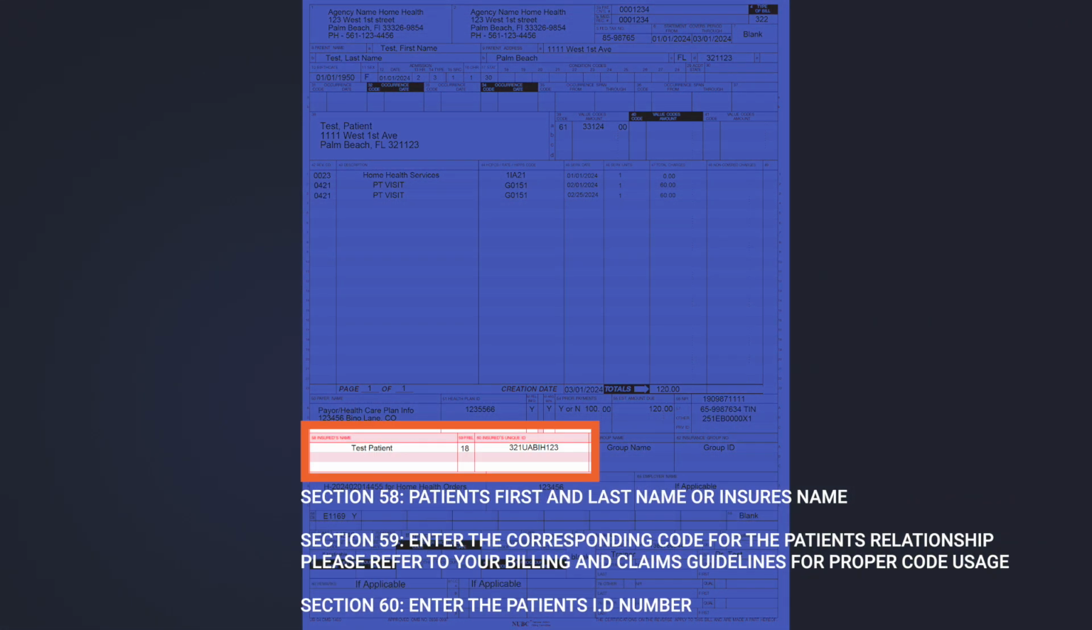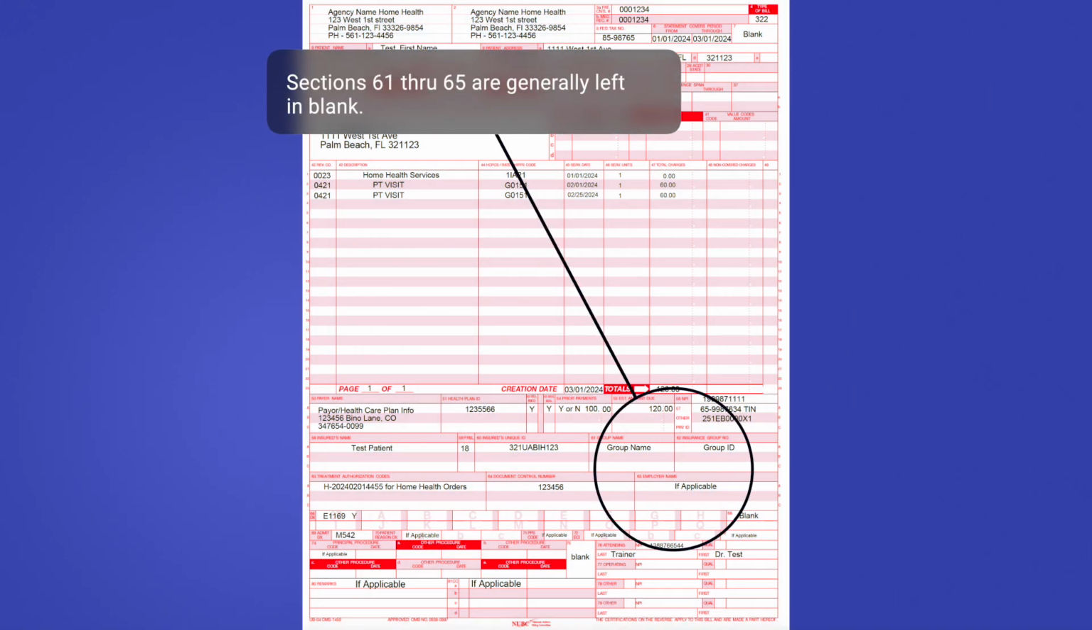Section 58, patient first and last name or insurer's name. Section 59, enter the corresponding code for the patient's relationship. Please refer to your billing and claims guidelines for proper code usage. Section 60, enter the patient's ID number. Sections 61 through 65 are generally left in blank, but provide you with the ability to enter the following information